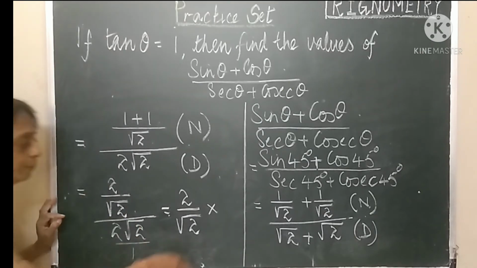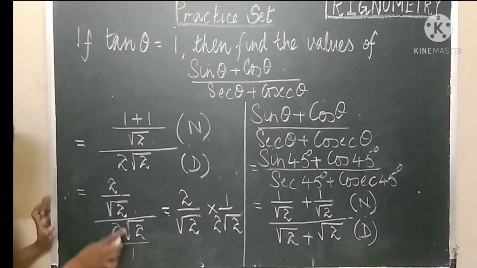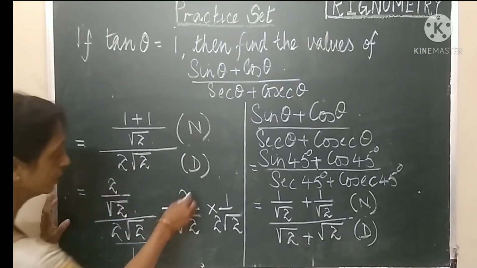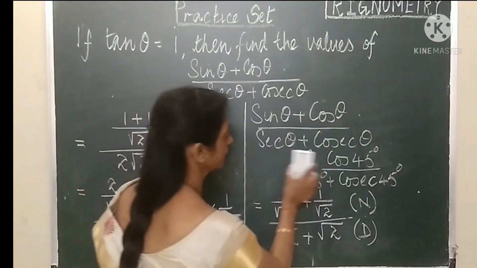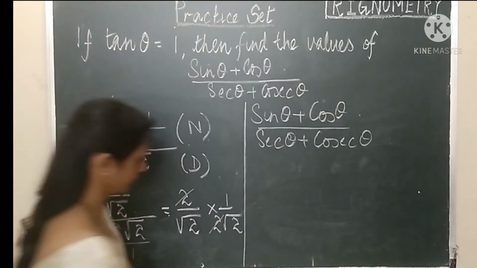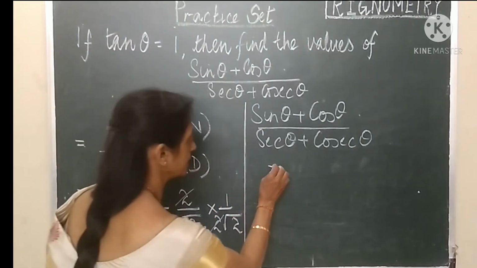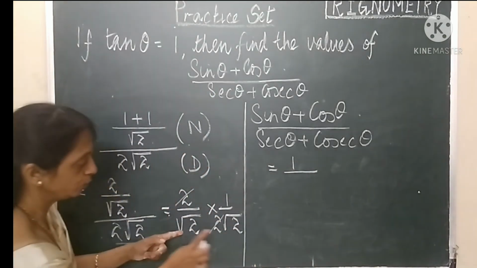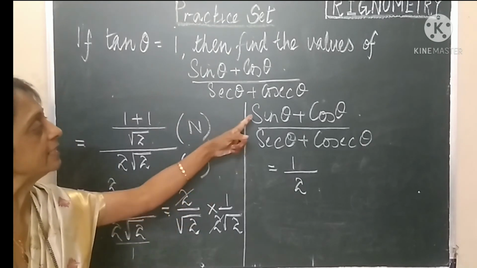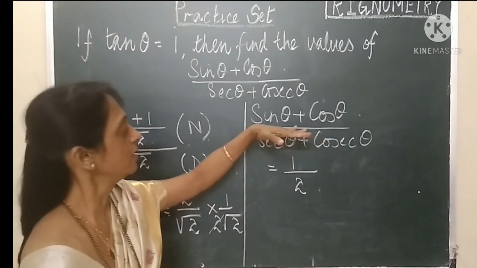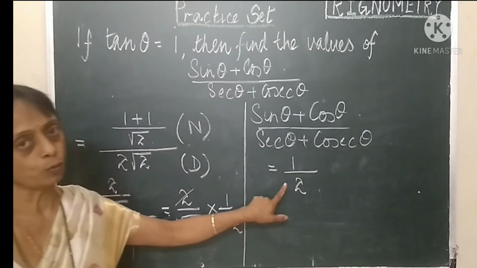It will be 1 upon 2 root 2. Let's see if we can reduce. 2 and 2 get cancelled. So we are left with, in the numerator, 1 into 1 gives us 1, upon root 2 into root 2, which is only 2. So finally, children, sin theta plus cos theta upon sec theta plus cosec theta is equal to 1 upon 2,